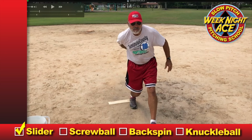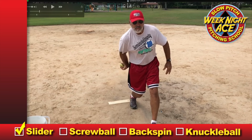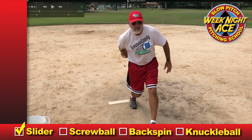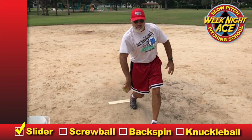What I do here is I make a mental reference point as I'm coming through here. I'm driving the ball with the front edge of my hand on my little finger side and the thumb. This is my mental picture. I'm driving this right to the trajectory or to the target. And as I come through here on the backside, the wrist is turned about 90-degree angle from my forearm, right about here. And as I drive through, I start to turn the wrist, and the hand and forearm come completely